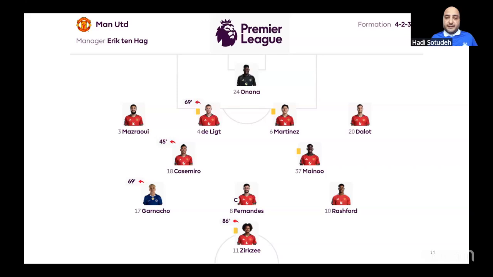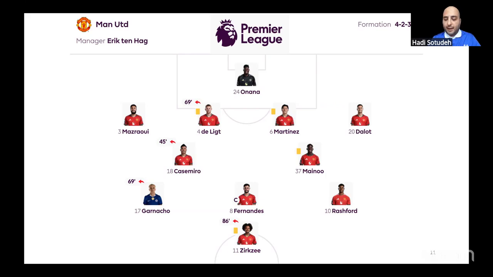So probably one of the first things you do when you want to analyze a match, you look for the starting 11 players. And in this case, we took the starting formation reported for Manchester United in that match by the Premier League's website. In that match, the manager was Erik ten Hag, and they, let's say, played in a 4-2-3-1. There are some players who are not playing at that club anymore, but there are other players like number 8, number 37, number 6, and number 3 and 20. They are still there, so still we can say it's a relevant match to look at and try to learn